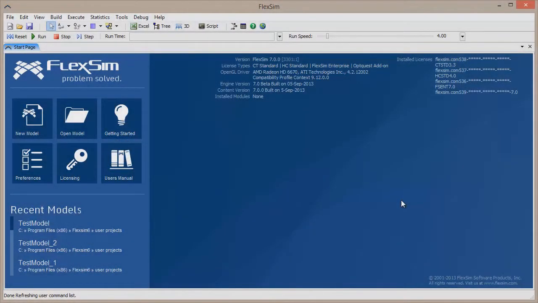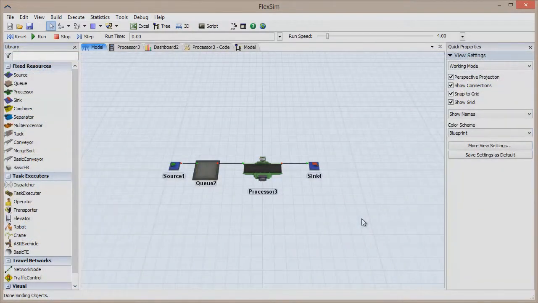In FlexSim 7, we've made numerous improvements. One of these was overhauling the basic interface. To get you familiar with the new interface, we're going to take you on a quick tour and highlight several important features. The window system that had been a mainstay in FlexSim has been completely replaced by a pane interface for better organization and conservation of space.